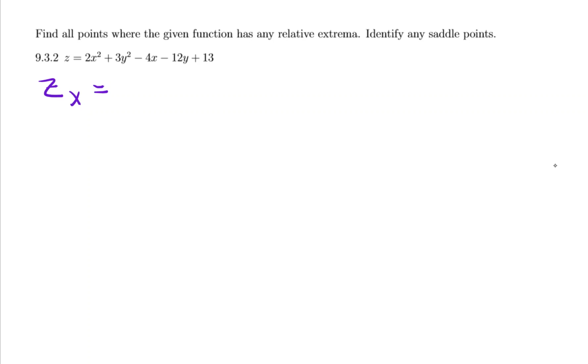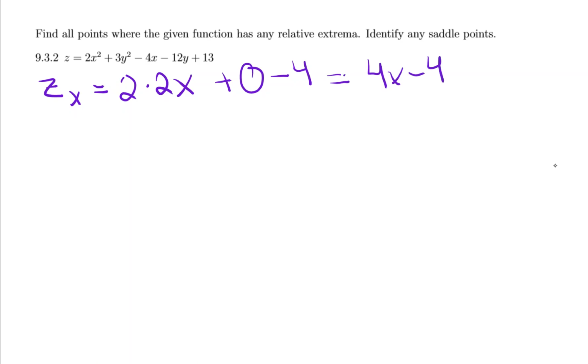So to do a derivative, we move the power out front and we subtract 1 from the power, so my 2x squared becomes a 4x. Next up, we'd have the 3y squared, which is going to be 0 because it's a y, and we treat that as constant, minus 4 because the derivative of x is 1, then another 0 for the 12y, and then another 0 for the 13. So when you clean this up, you get 4x minus 4,